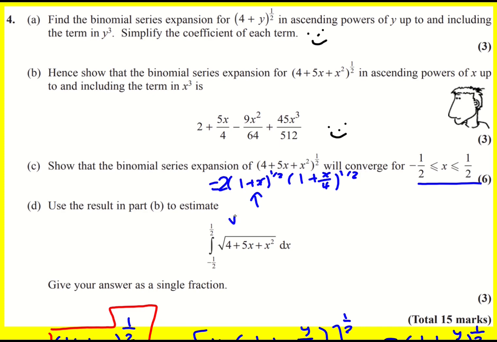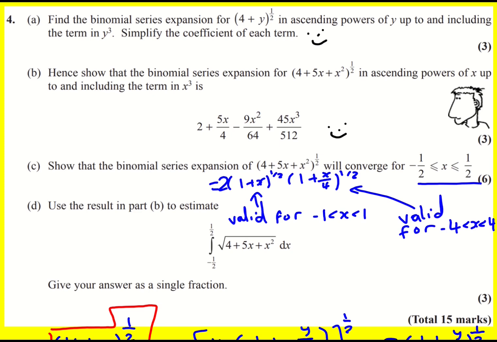So this one here is valid for the modulus of x less than 1, or x is between minus 1 and 1. And this one here is valid for, well, it's going to be minus 1 less than x over 4 less than 1. So it's going to be minus 4 less than x less than 4. And therefore, the whole thing will converge